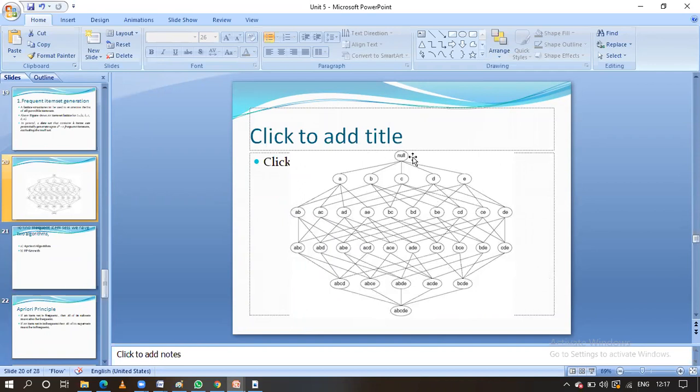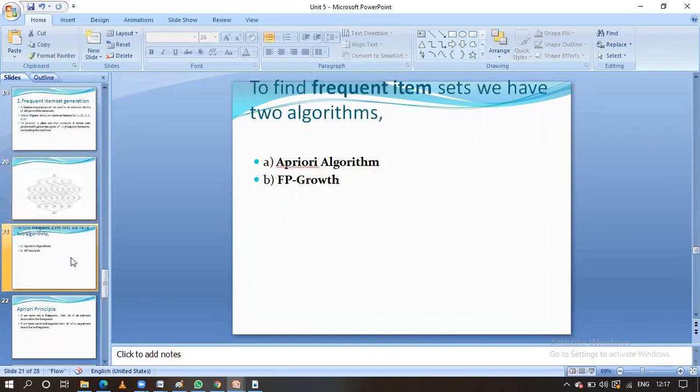Here we have to explore this concept. Let us go for the first thing, that is how to find the frequent items. That is the first part, right? Two parts will be there. The first part is frequent item set, and the second part is rules generation. We are in the first part, that is frequent item set. For that we are going to use two algorithms, the Apriori algorithm and the FP growth algorithm. Let us see the first one, the Apriori algorithm. By using this Apriori algorithm, how we are going to find the frequent item sets.